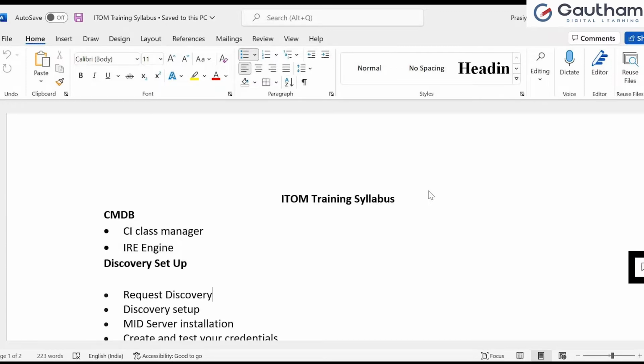Whatever we are doing with the MID server or discovery, everything will come and end up with this IRE engine within ServiceNow. So most of the troubleshooting part and most of the sessions will always revolve around this IRE. Whatever issues we are going to get will mostly be with the credentials or with the IRE engine